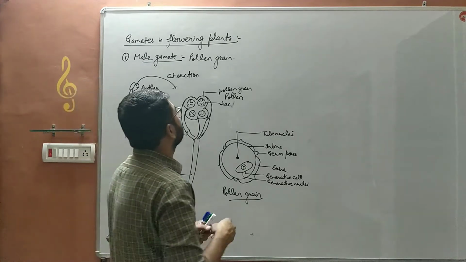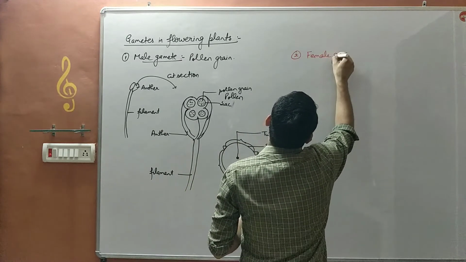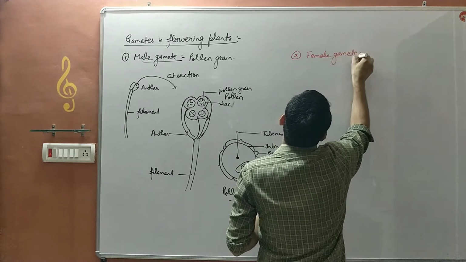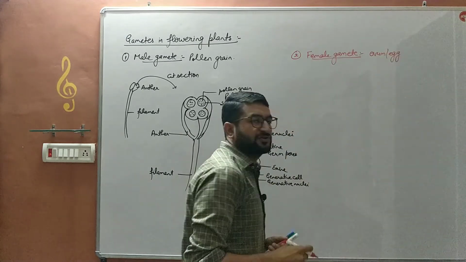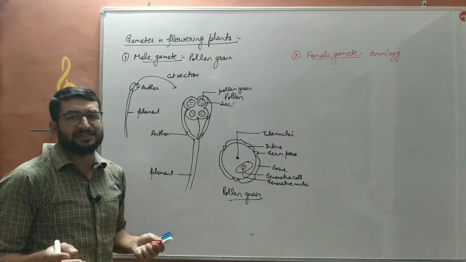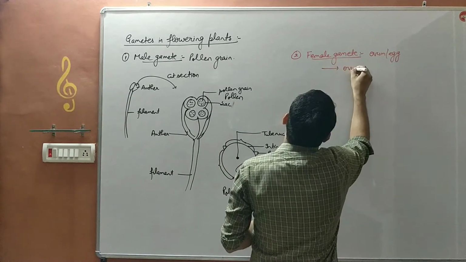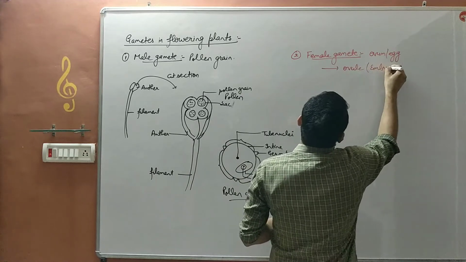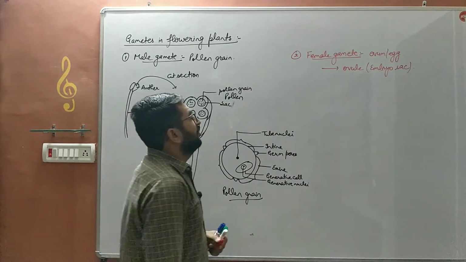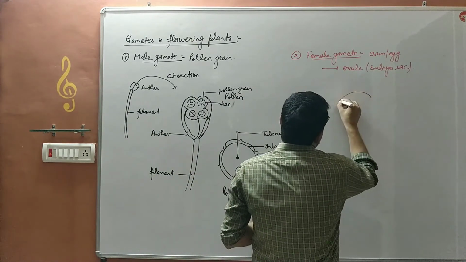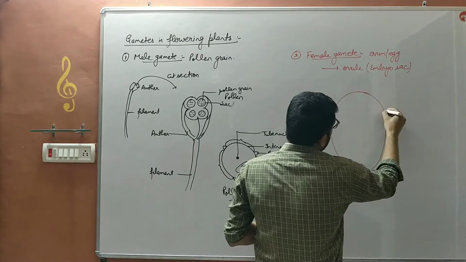Now we will discuss the female gamete. Female gamete is known as ovum or egg. That is called by the same name in the animals as well as in the plants. The female gamete is present inside the ovule, which is also known as embryo sac. Ovule or embryo sac is an oval, egg-like structure,